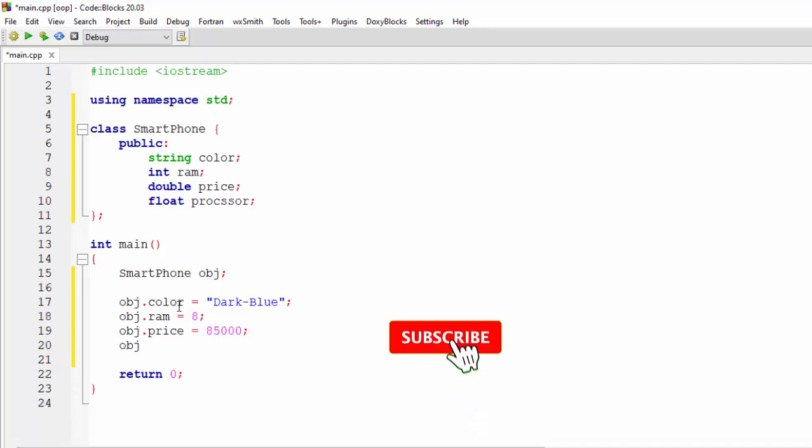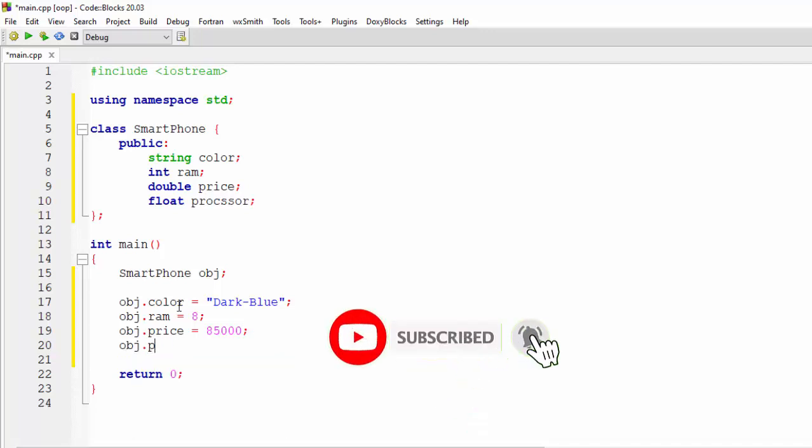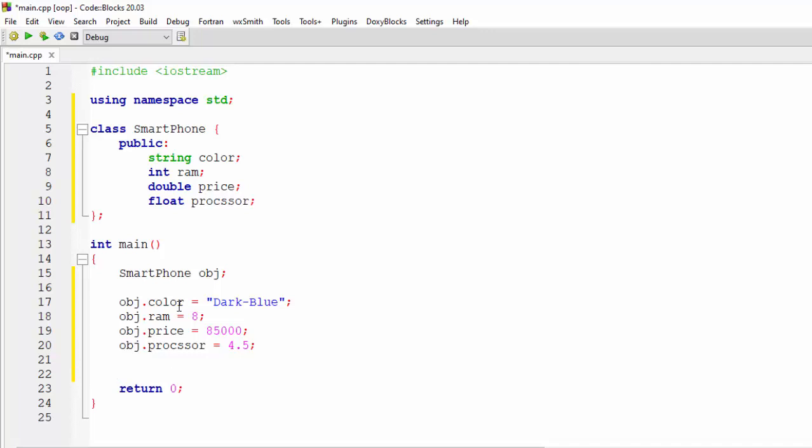After that I will say obj dot processor is equal to 4.5 gigahertz. Okay. Now I will go down, and now you can access any of the properties by using the object name with a dot separator.